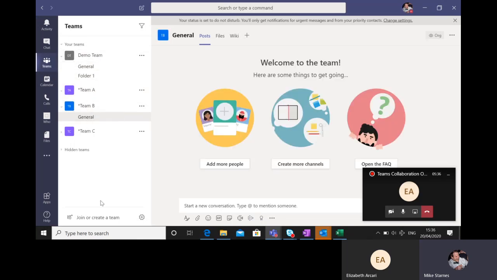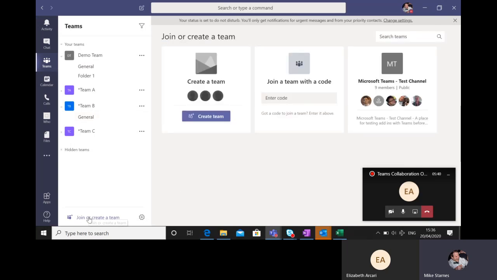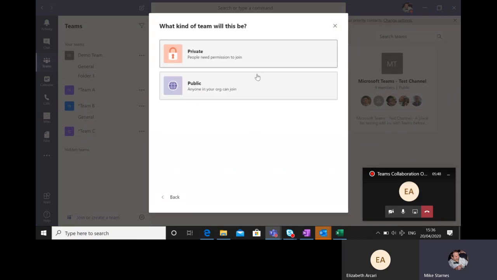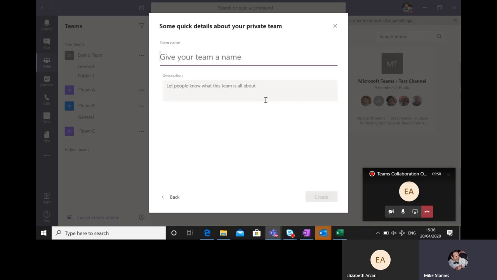Creating a new team is really simple. Again, this is a pretty intuitive platform. You go to join or create a team. You can simply build a team from scratch. You've got the ability to control permissions, so you can make it public so that anybody in your organization can join without really an invite, or I can make a private team. So we'll call this